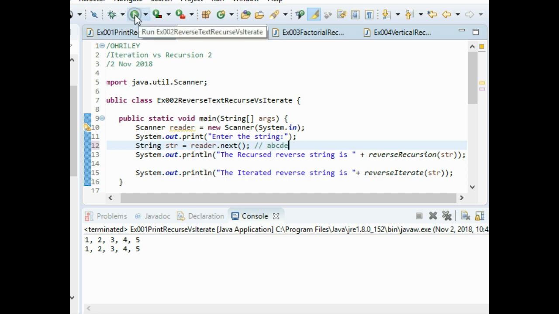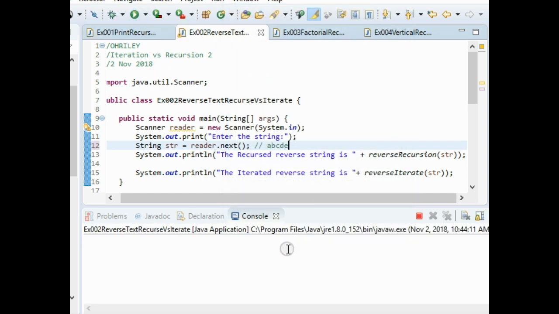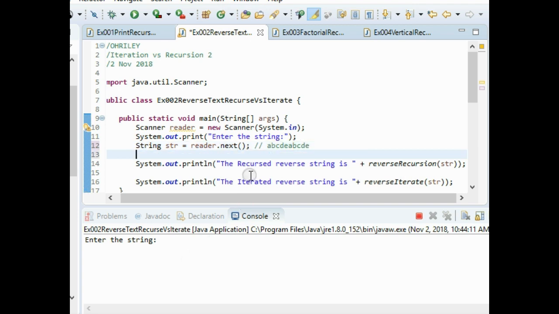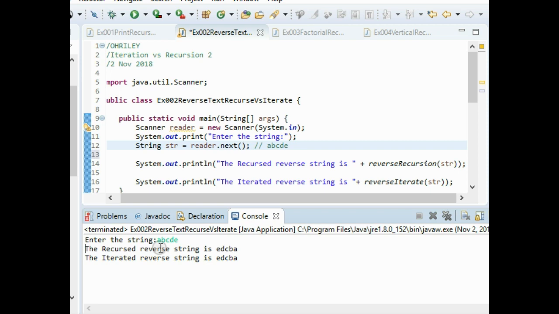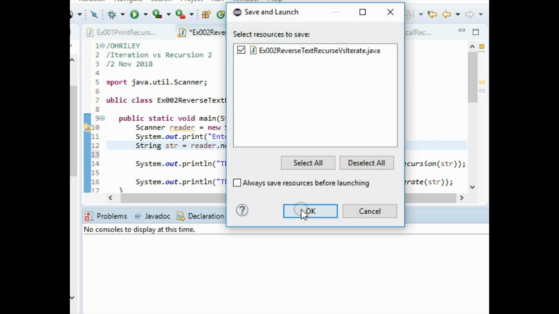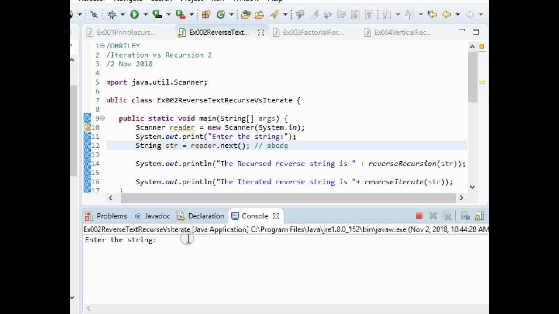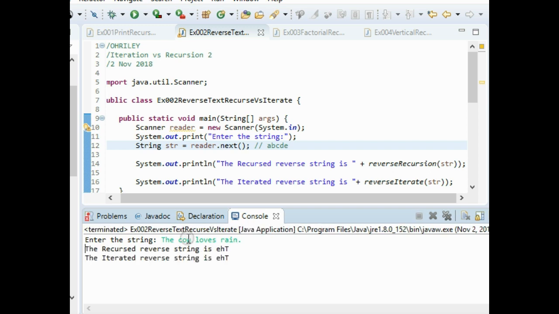Let's run it so we'll see what it's going to do, and then here's our A, B, C, D, E. Hold on. Here's my A, B, C, D, E, and there's my recursed string. Let me run it one more time, because like I say, you can put sentences in there. The cow, I like to spell cow right, loves rain, period, hit enter, and the reversed is